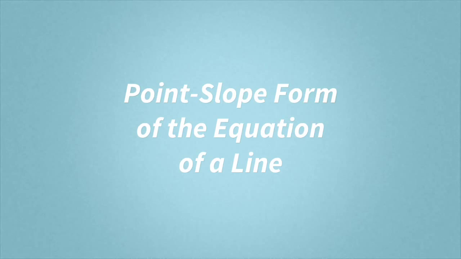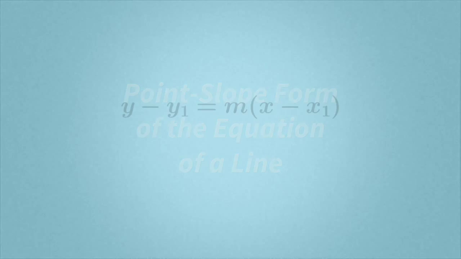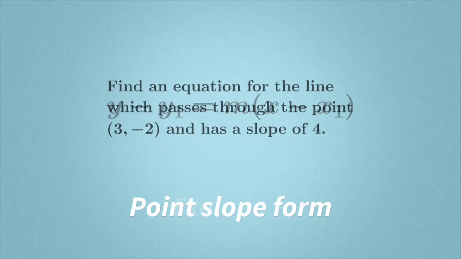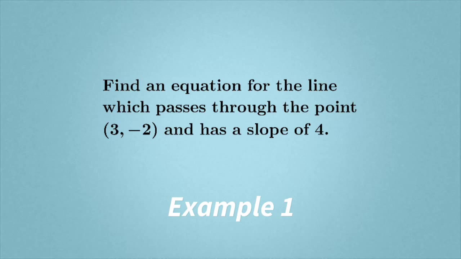Let's investigate the point-slope form of the equation of a line. To begin with, this equation is the point-slope form of the line. Note that y1 and x1 are from a specific point, and the variable m is the slope. We'll now use the point-slope form of the equation of a line to find an equation of a line which